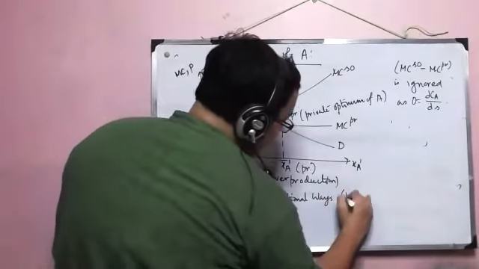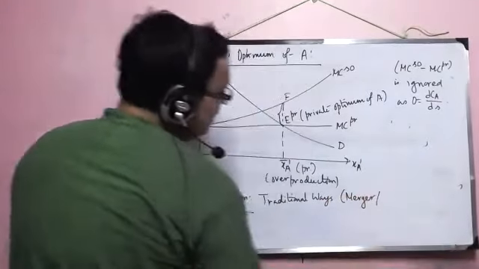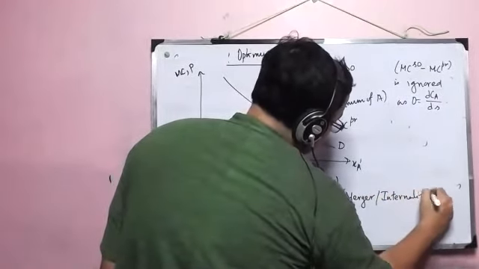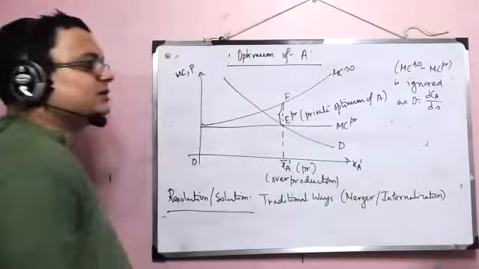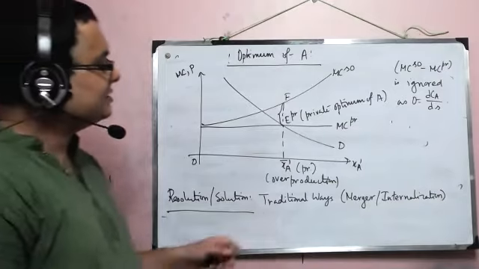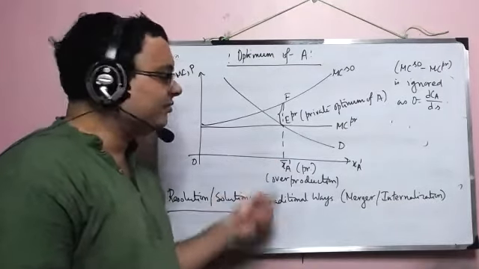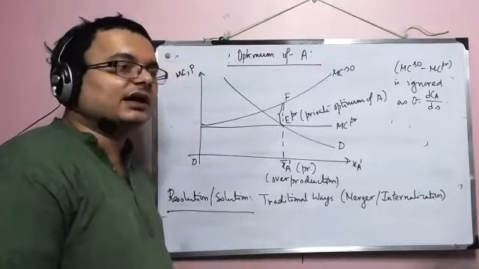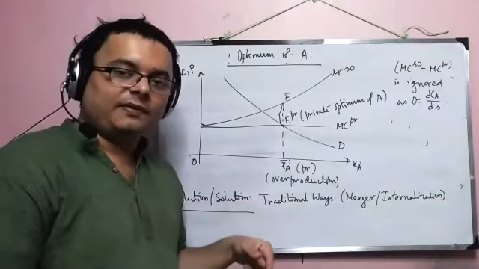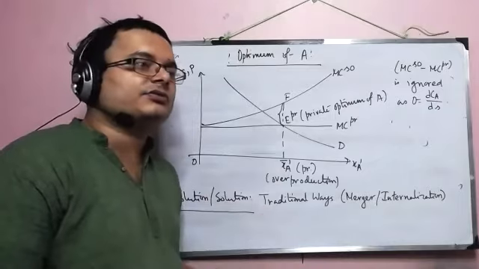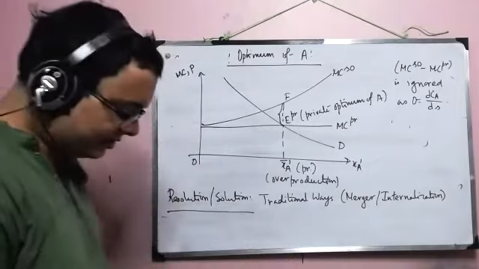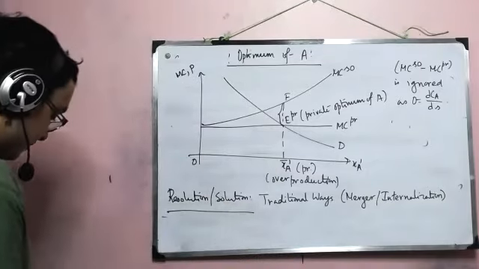Okay, so what are the traditional ways? Number one is merger, otherwise at times called internalization. By this time you know what a merger means. We are going to take these two firms and make them a single body. And we hope that in that case, since A will own both good 1 and good 2, it will realize that producing A will hamper the production of B. And because of ownership, A will choose a point where the production of both the goods are balanced. So that's the idea behind the concept of merger.